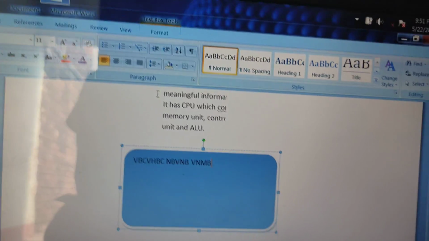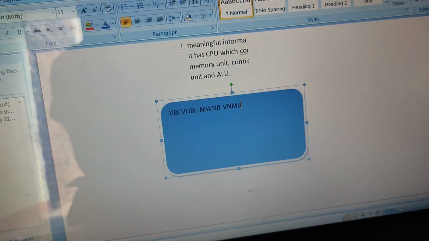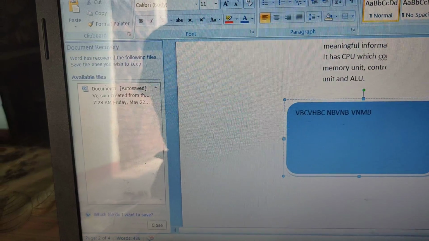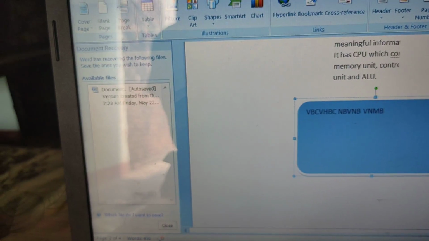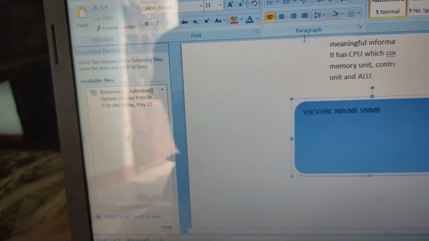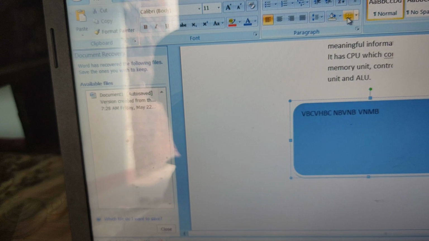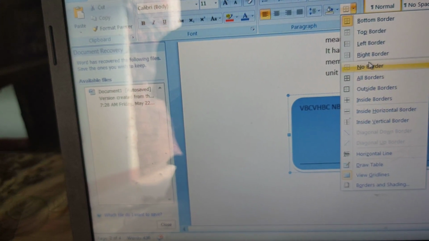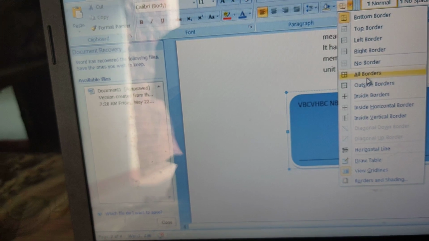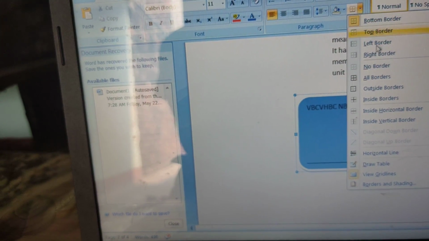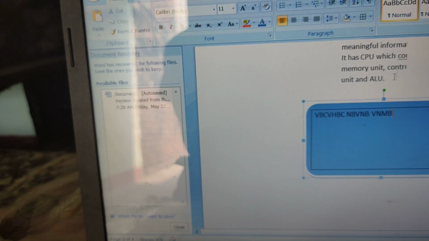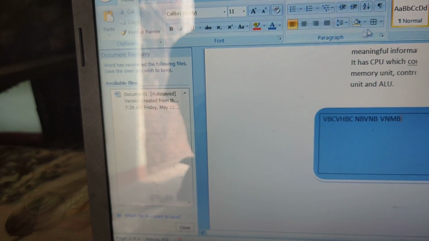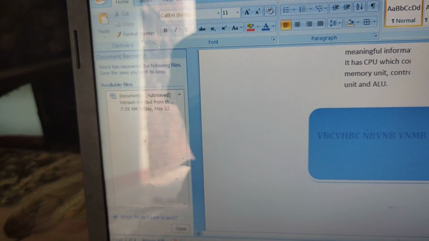You can do practical work if you have a computer system with you. This is a very common thing. In paragraph, you can take any type of border, this type of border. Okay, bottom border, all the things you can take. You have different styles. I hope it is clear to you.